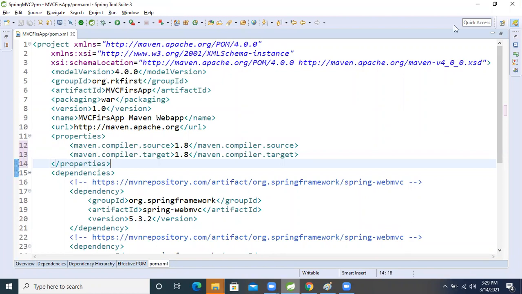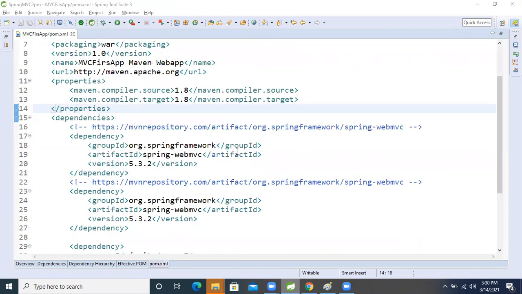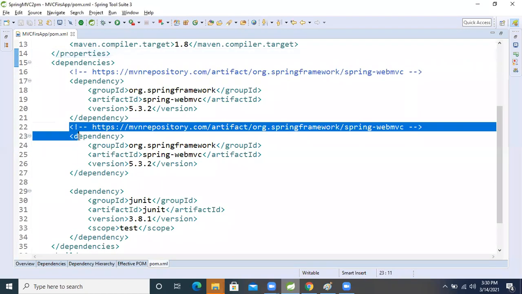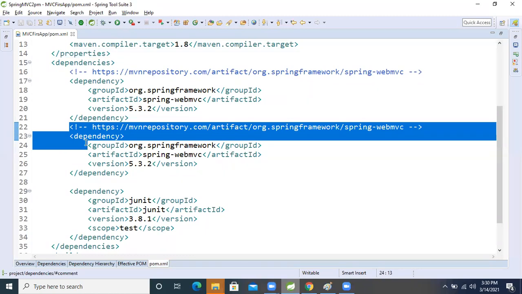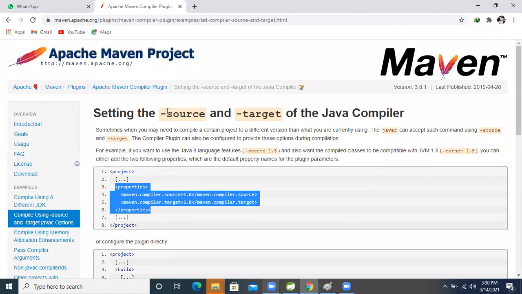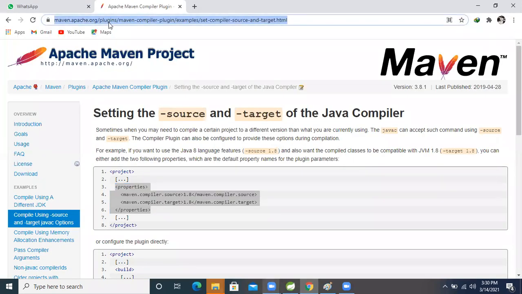The server dependency is not added now. Okay, I did it already. Good observation, thank you so much. The Spring Web MVC dependency, I added the same one two times. Very good, appreciated. Now what is that?